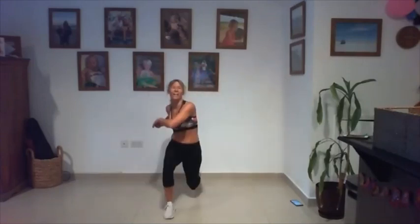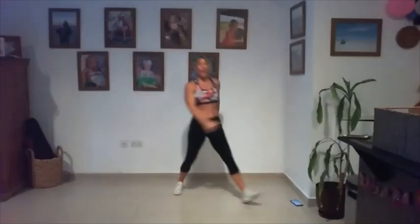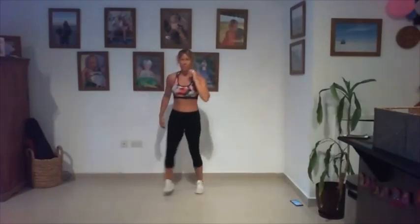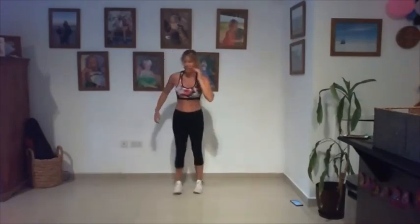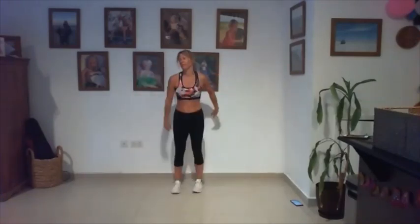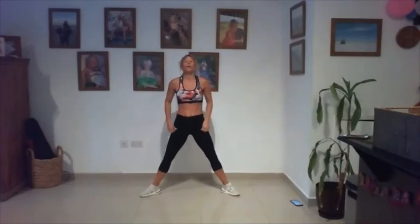Release your arms. Diagonal lunge, single time. Go. And the other side. Yes. Just normal arms here. 8 more. 8, 7, 6, 5, 4, 3, 2, and 1. Come back to center, take your feet out a little bit wider, turn your toes out, plie